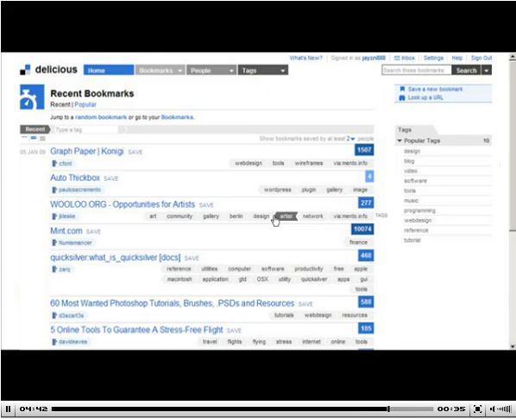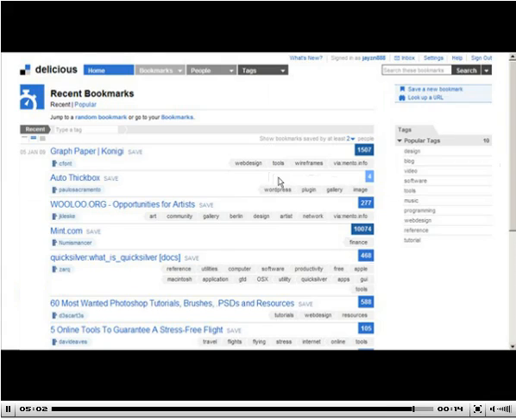It all helps. Every website you create, you should pull it into your Delicious account, because what is it going to do for you? It's going to make sure that Google and the other search engines see it, and it's also going to, of course, help to make sure that you get more traffic. It's going to help you go up the search engine rankings, particularly if you use the right tags. Tags are like keywords, so make sure you include them, and it'll help you get higher up the search engine